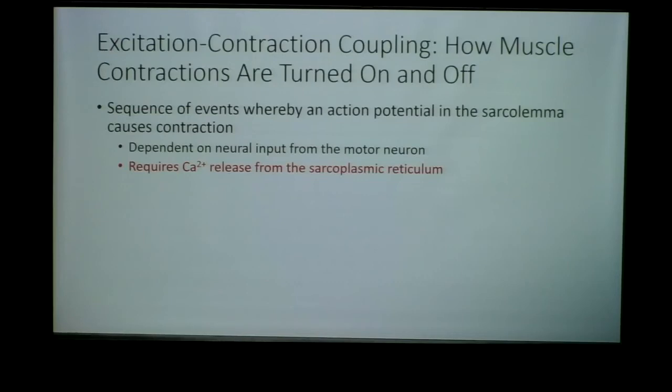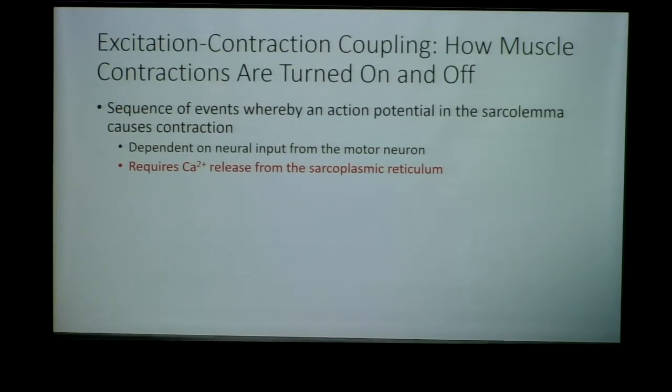to speak about excitation-contraction coupling. And this is how we regulate this process. So understand that cross-bridge cycling is the process of shortening the sarcomere, is the process of contracting the muscle. Excitation-contraction coupling is how we use calcium to turn this on and turn this off, to regulate this